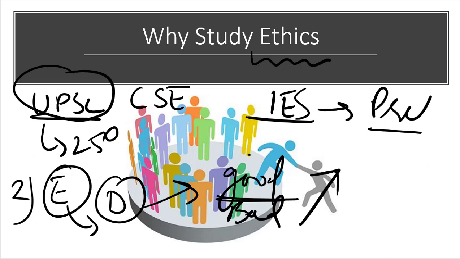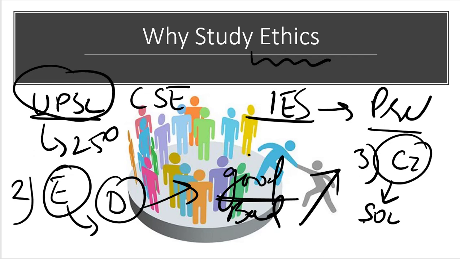And finally, when you study ethics, you become a more ethical citizen, which helps you in making a more ethical society, and eventually a more ethical country and a more ethical world and planet. Now these are the reasons for studying ethics. Number one was you can understand morality. Number two was your thinking process improves. Number three, you become an ethical citizen.